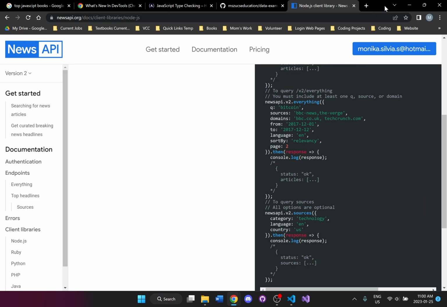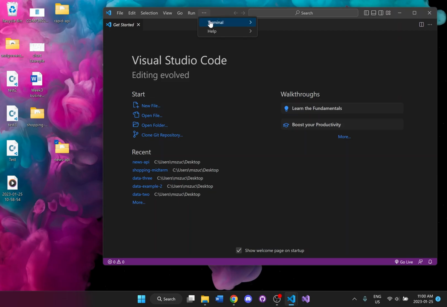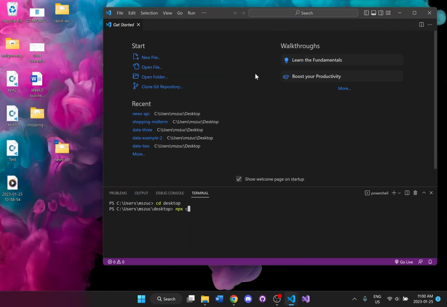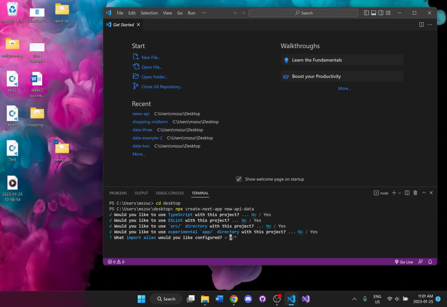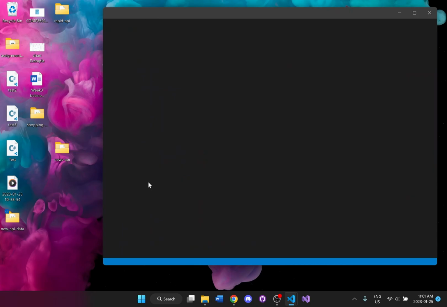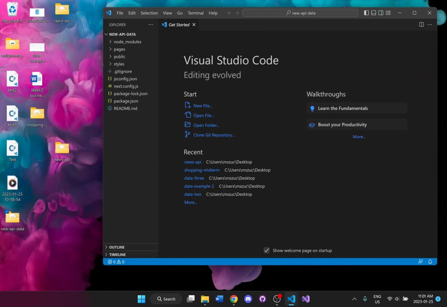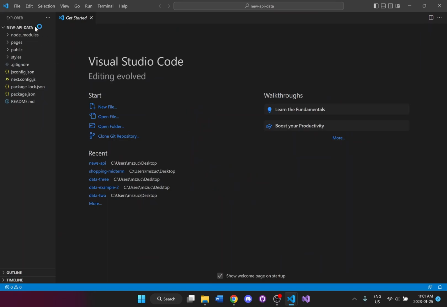So all we need to do is go to our code here. I'm going to just start a brand new project, and here I'll just say no to everything and hit enter. I'm dragging and dropping this folder over, and I'm going to have it here in my Visual Studio Code. And you can see here I got the bare bones basics of the project set up. So now that I have this set up, I'm going to have to lay out a few things in order to make this work.